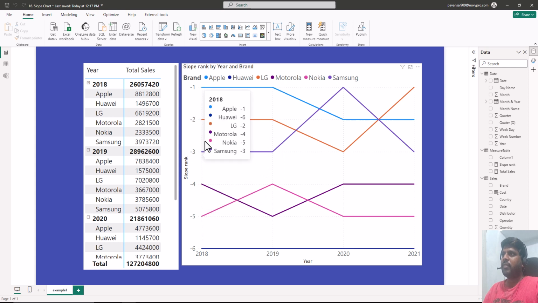So instead of getting confused with these -1, -2 ranks, what we shall do is